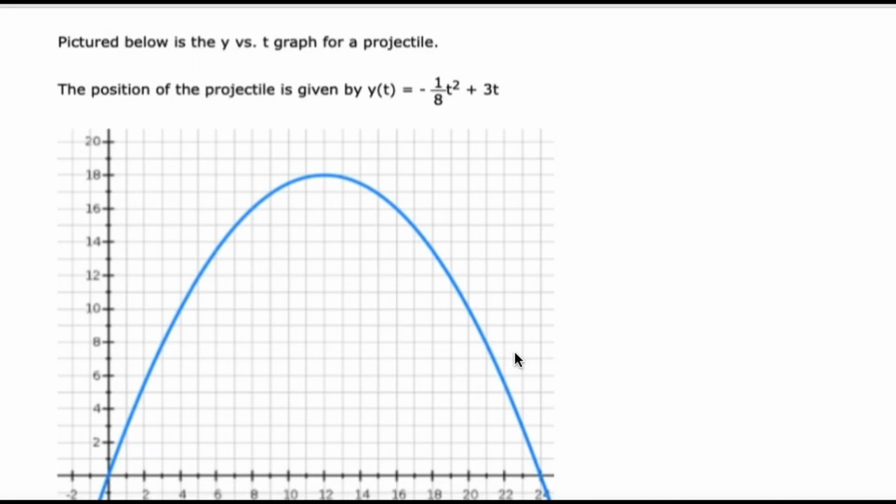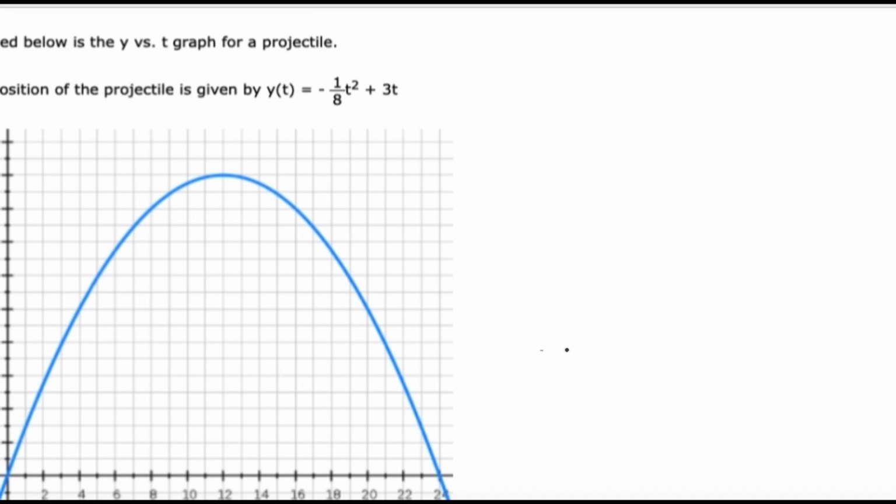Pictured below is the y versus t graph for a projectile. The reason why it's curved is they're talking about an object just thrown up into the air. So when you do that, the difference between a rolling bowling ball and a ball that's thrown up into